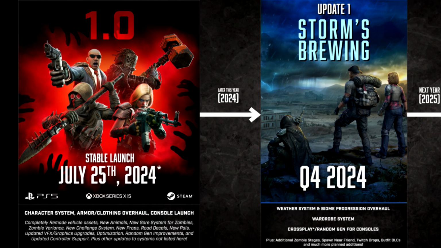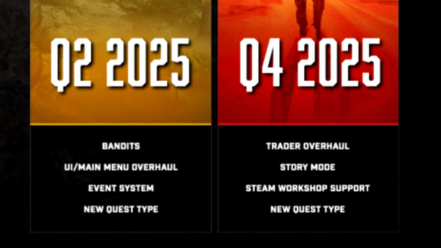But even something as simple as spawning near a friend, you're not going to get to the end of the year. They're adding Twitch drops and all the other stuff, and that apparently is taking focus of a lot of other stuff. They are going to be adding additional zombie stages, so that could be pretty cool. But otherwise, it's going to be quarter 2 2025, so around March to maybe April, May, before the game receives